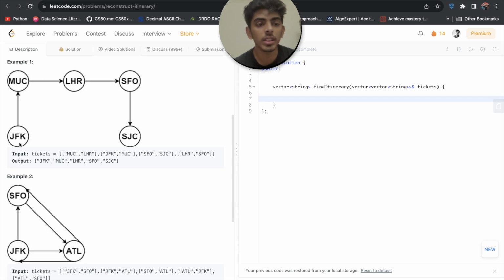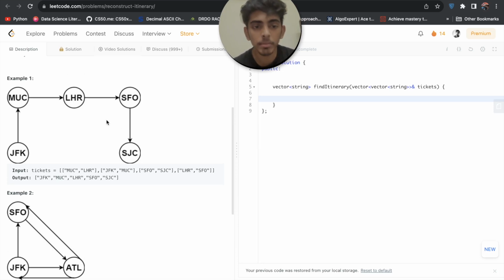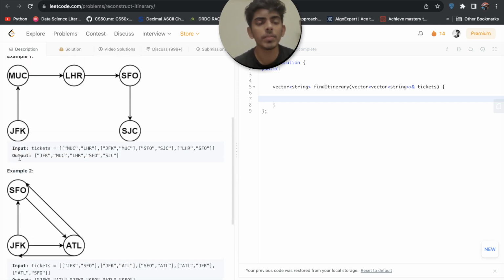In this scenario, if we carefully observe, there is only one possible itinerary which starts from JFK: JFK to MUC, MUC to LHR, SFO and then SJC. We also need to keep in mind that each airport will be included in our itinerary. So this is the basic example in which only one possible itinerary is there.